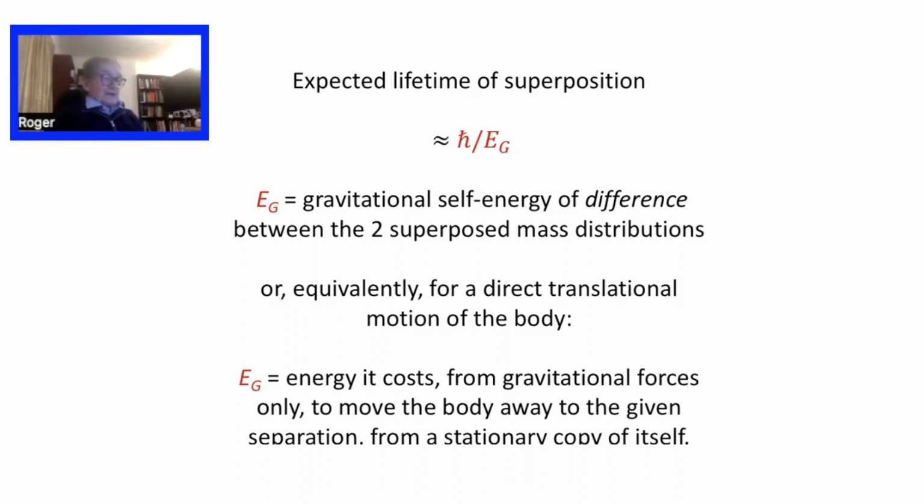How much energy does that cost you if you're considering only the gravitational force between the two, which of course is normally very tiny, but nevertheless it could be significant if you've got big objects. If you pull one against the other into their superposed location, and you're concerned with the energy it would cost you to pull one away from the other, if you're just interested in the gravitational attraction between one and the other, that's this thing Eg all over again. So that gives you the same energy uncertainty, which I regard as the lifetime when you take its reciprocal: you take h-bar over Eg and you get the other.